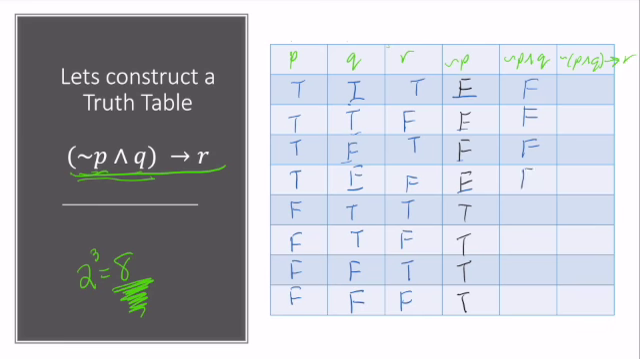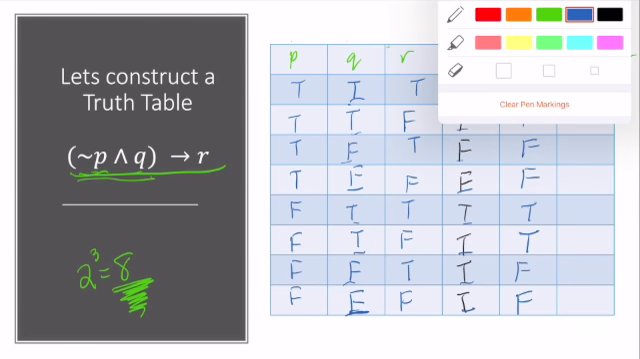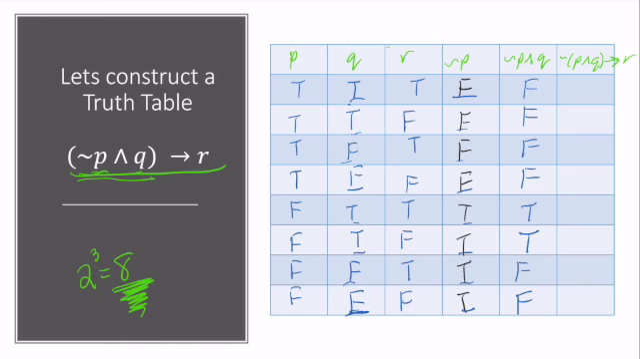Same thing here. I've got a true and a true, which is true. I have another true and another true, which is true. A true and a false, which is false, and a true and a false, which is false. Now for our final answer, we're going to be looking at this column and this column because we're looking at